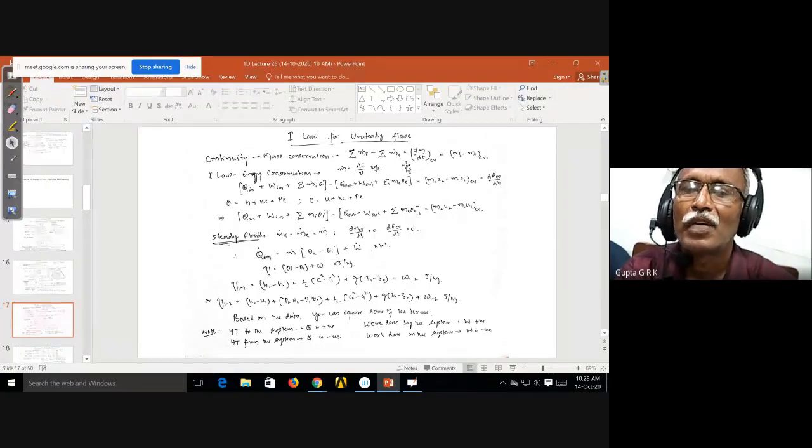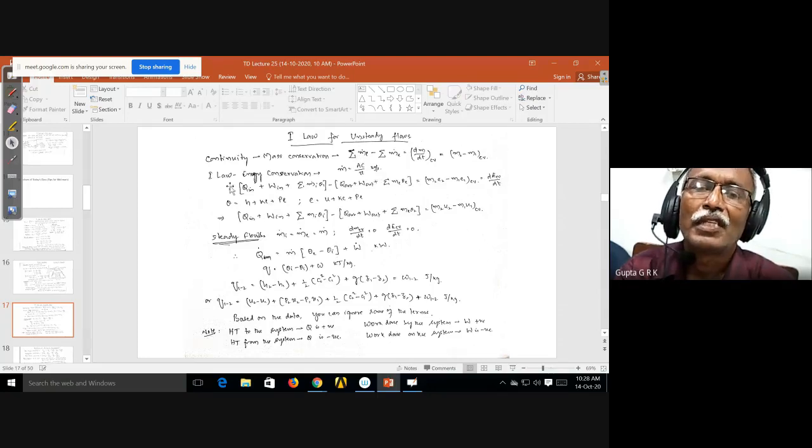Mass entering minus mass leaving is equal to change of mass. Change of mass is m2 minus m1, meaning final mass minus initial mass of the control volume. Okay, this is the mass conservation. And m dot is equal to rho A C, or A C by v. A is in meter square, C is velocity in meters per second, and small v is specific volume in meter cube per kg. Okay, so that is the way I can find out the mass flow.